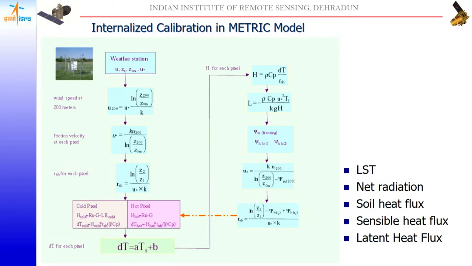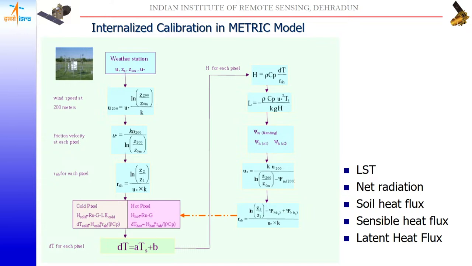In the internalized calibration method, we have to define the wind speed at the measured site, which might be at 2 meters, 1 meter, or maybe 10 feet of height, or 3.3 meters. That same value we have to further compute in an iterative manner to get the wind speed at 200 meters, and further we define the frictional velocity,